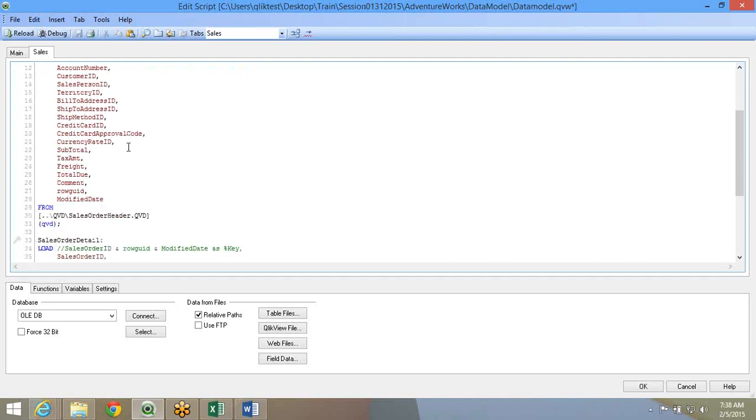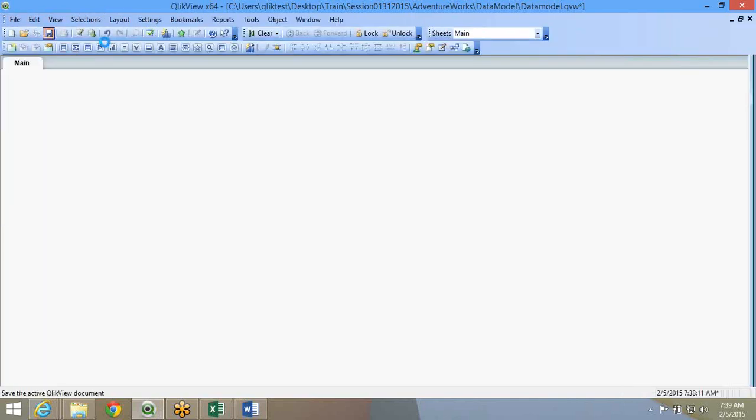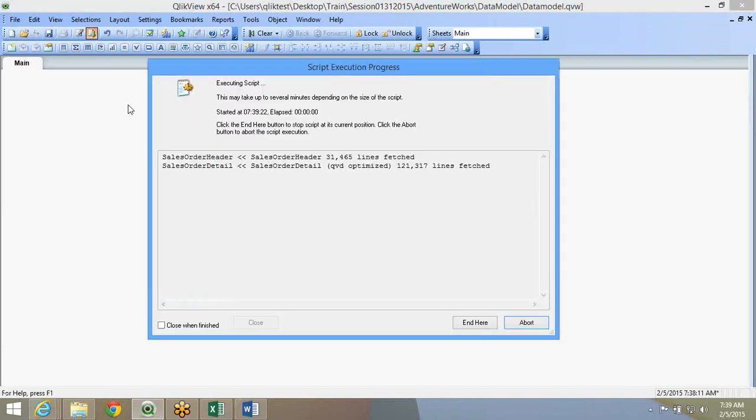But while uploading the QVDs, you might definitely have requirements where you want to do some transformations, like the online order flag that I demonstrated. This is a typical transformation where you want an online order flag. If online order flag is equal to 1, you want it online, else store, as online flag. Now with this, the optimization breaks, but you achieve the transformation.